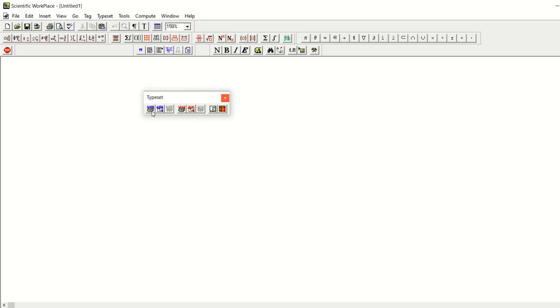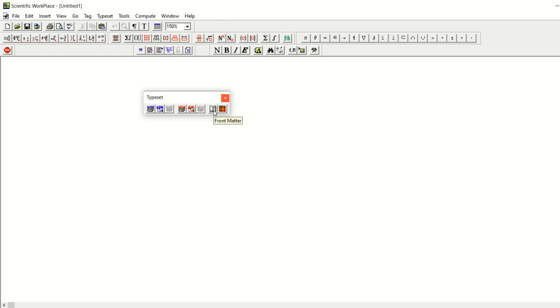Here you see the typeset DVI print, typeset DVI preview, typeset DVI compile, typeset PDF print, typeset PDF preview, typeset PDF compile, and the front matter.